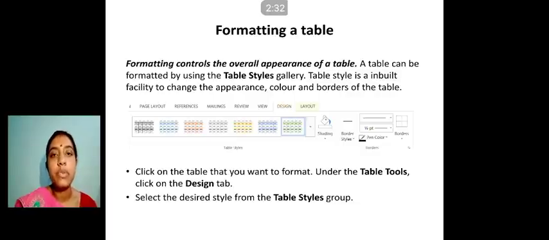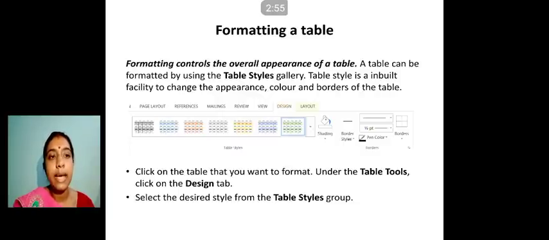As in the previous class we have seen, whenever your table is selected, then only the design and layout options are available. So when you select any cell of your table, this design and layout option will be available on the ribbon. Then on this ribbon you have to go to the design tab. Clear?